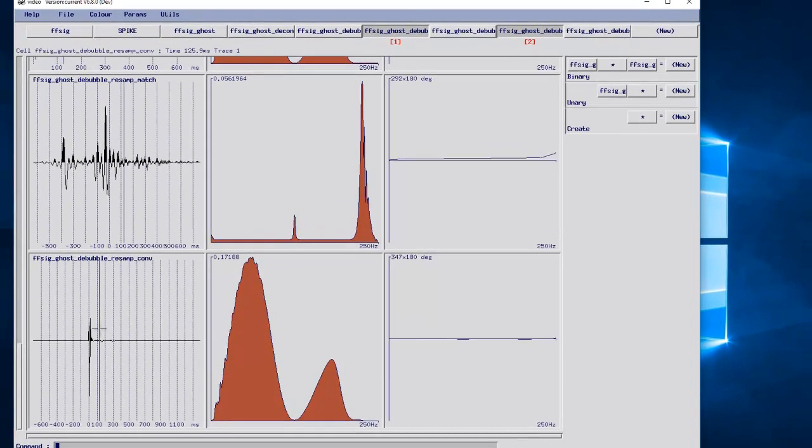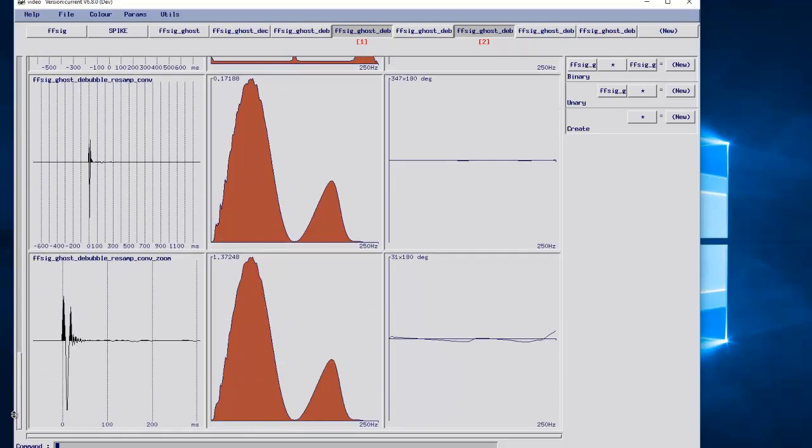It's a little hard to see because we've ended up with an output wavelet that's the same length as the combination of the input matching filter and the ghost Farfield sig debubbled wavelet. So if we zoom in around the area we're interested, out to around 300 milliseconds, that's the length of the wavelet before the matching filter. We've now got our resulting